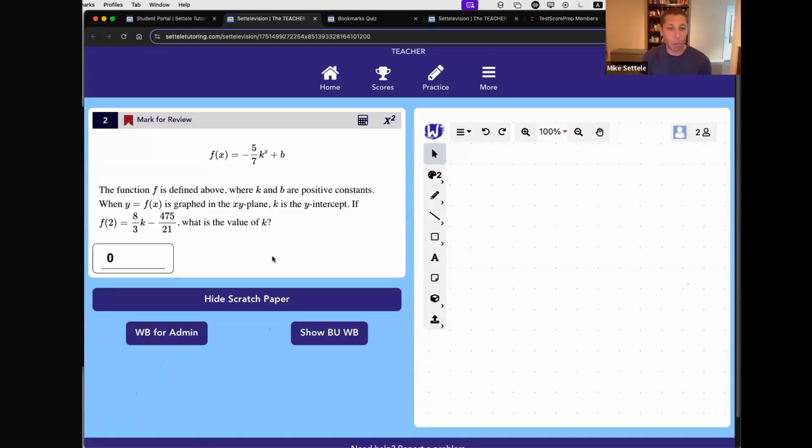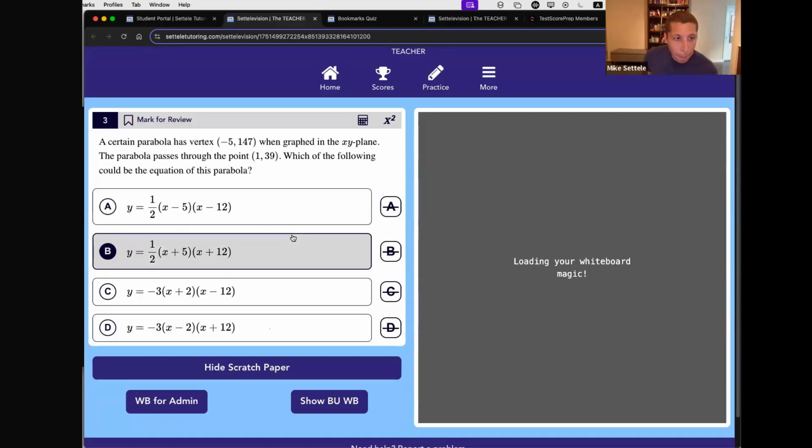But this would be a good example where if by now you don't really have any clue what's going on, you can bookmark it. So that way, even if you happen to guess randomly correct here, you can make sure you go back. But I want to make sure you guys also know that it's not going to be this hard every single question. We are going to cover a wide variety. So let's back up a little bit. I know some of you might still be working on this one, but let's do a little something different. Let's back up and do a slightly easier question.